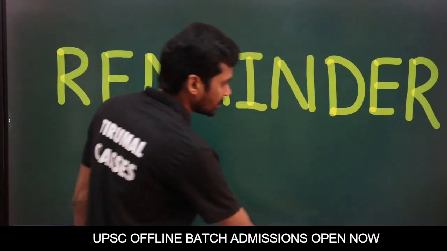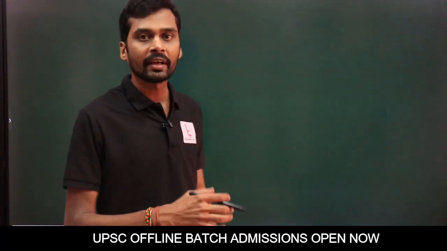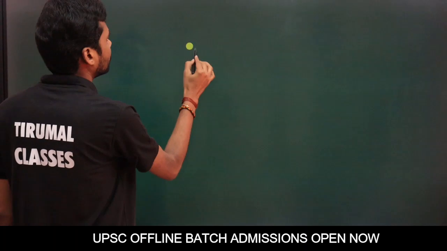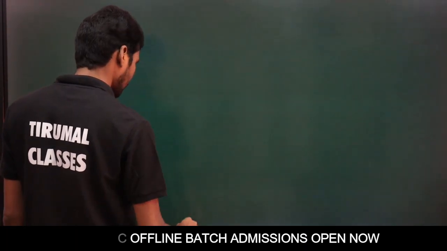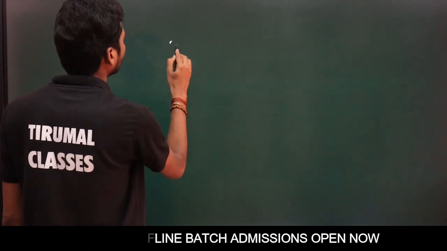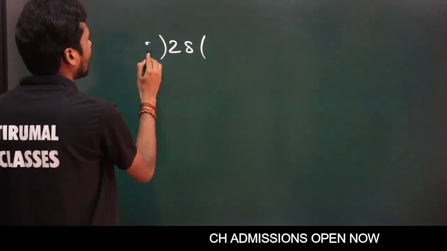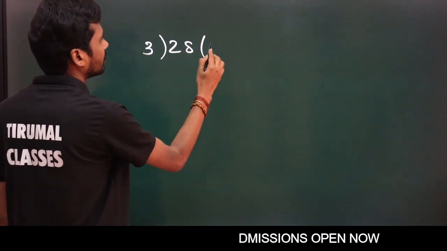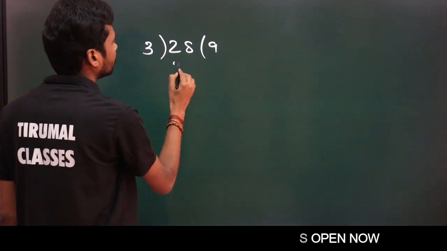So the concept is remainders. First of all, what is a remainder? We get a remainder when we divide a number by another number and we are left with something that is called a remainder. Suppose you take some number, 28, and let's say that I am dividing this number 28 by 3. So now I can write it as 3 nines are 27,